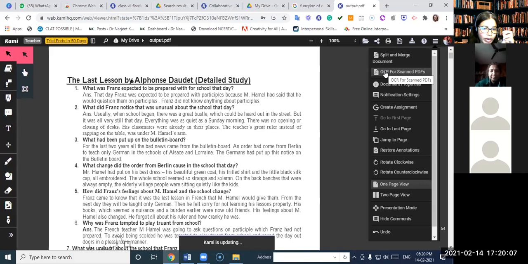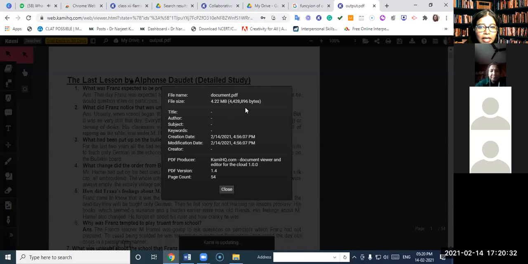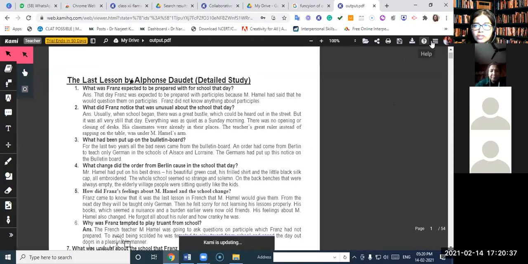Many a times you like one exercise, but its format is image based, so you have to make a certain change in that document. You are not able to do so. With this feature, what you can do is bring that image here, scan it with OCR, and that document is ready for you to edit. This is another feature that opens up. Then this gives us document properties, like for example, what is the size and who authored it, and so on and so forth.